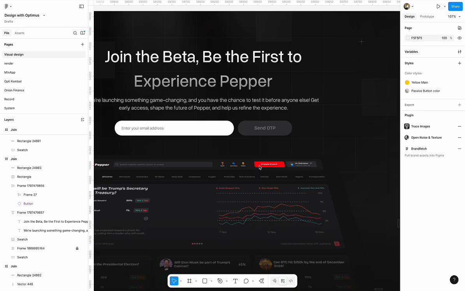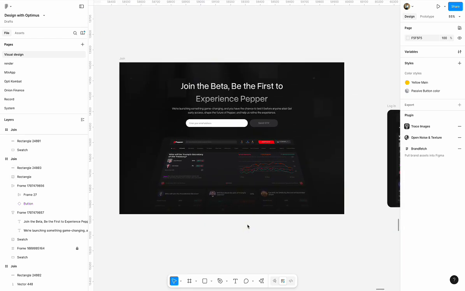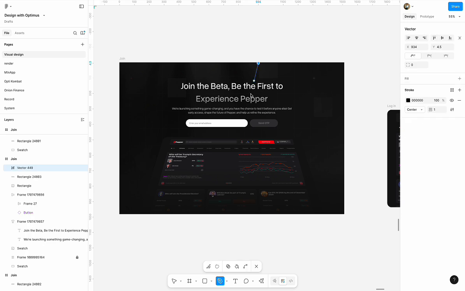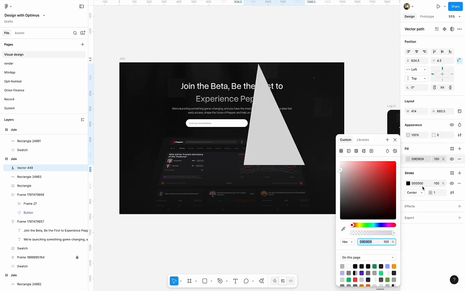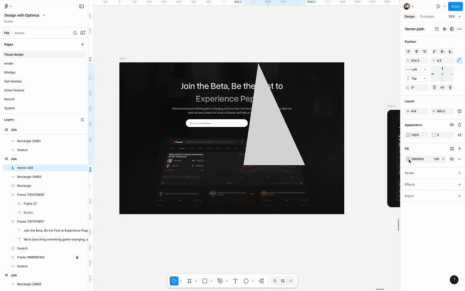So this product right now is a creator's model, so I want to shine some light on the create event. That's the USP for this product, right? So I decide to draw a rectangle. Just use your pen tool and draw something that looks like a light effect, like a triangle. You can just bring that back in and you're good to go. So you fill it up with white, and then you can add something we call layer